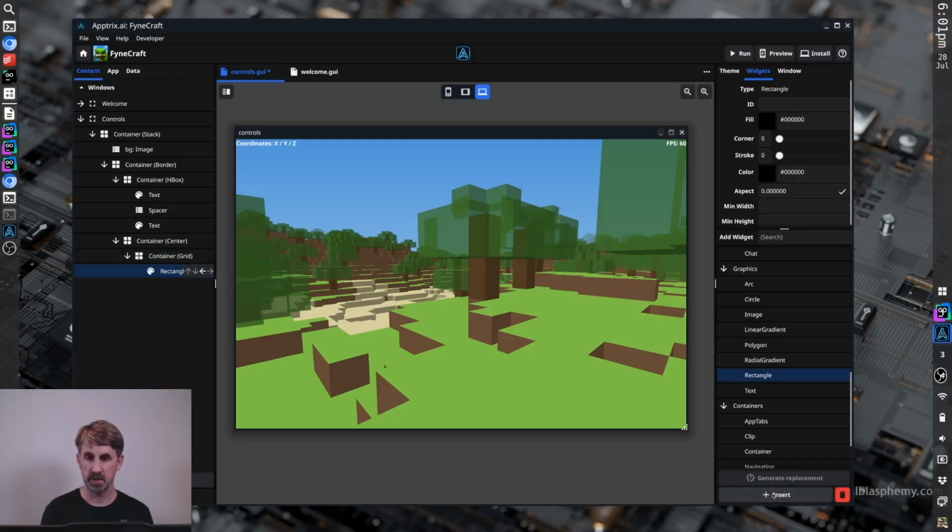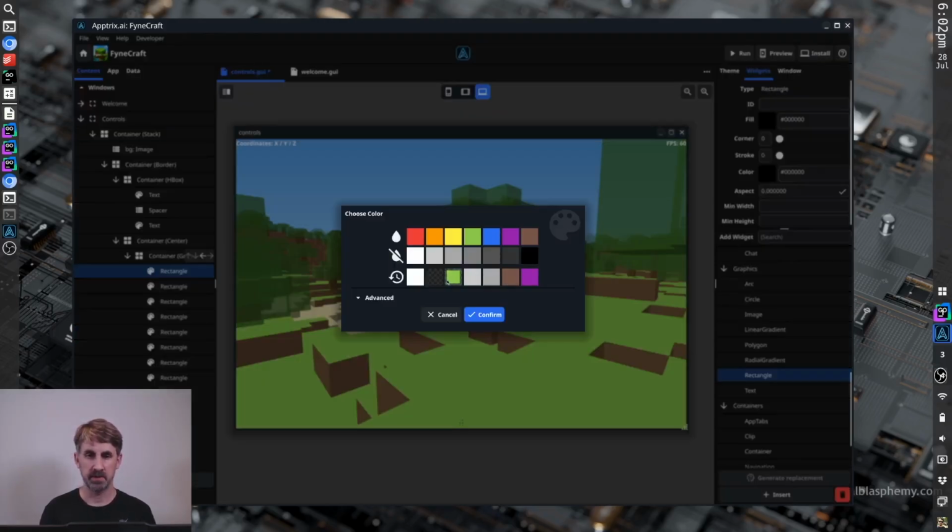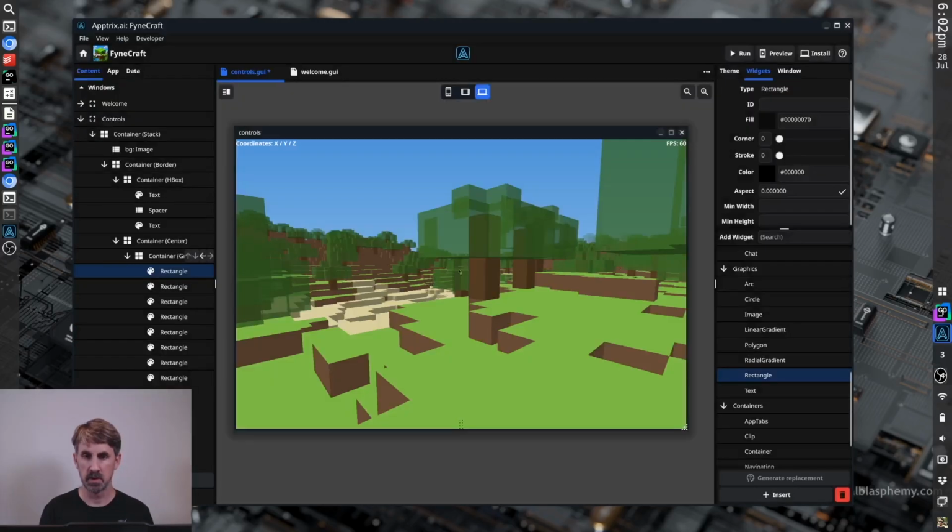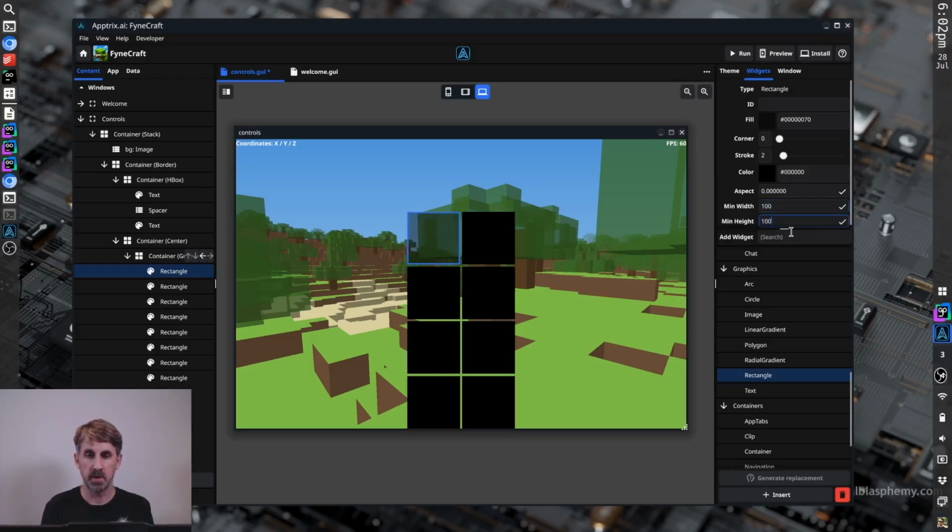So if I insert one there and another, 8 of them, I think. This rectangle will have a transparent fill, but an outline of 2 pixels, so that sounds good. And I set it as a minimum width. At the moment it's not visible because it's tiny. Let's make that 100 by 100. Oh, that's a little bit too big. Perhaps 80